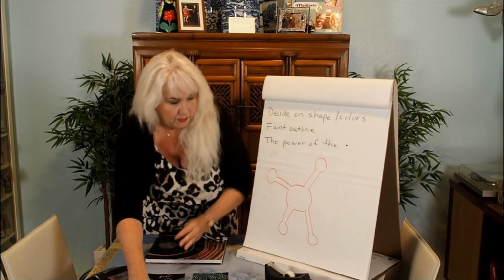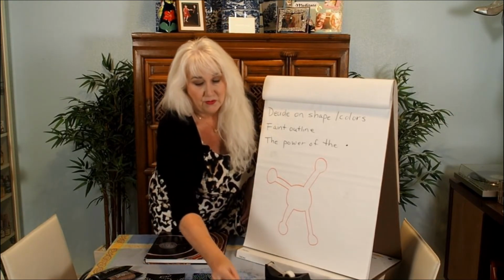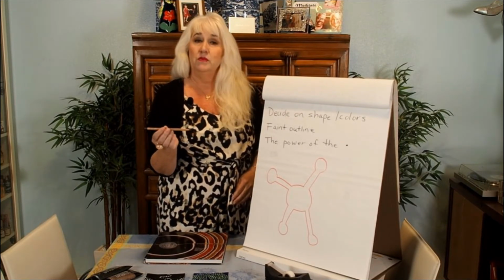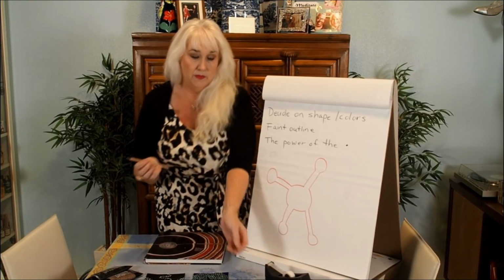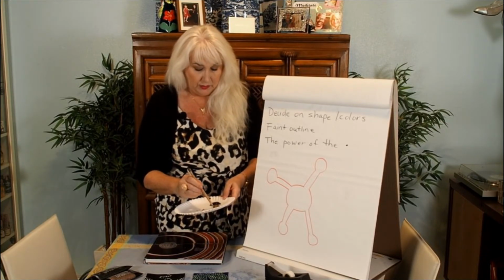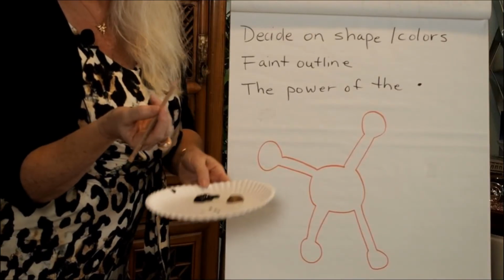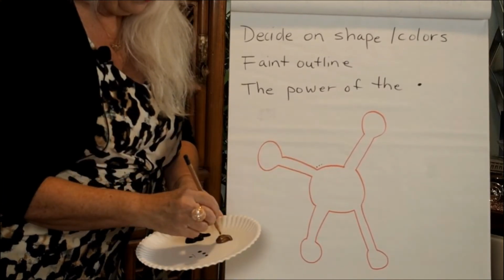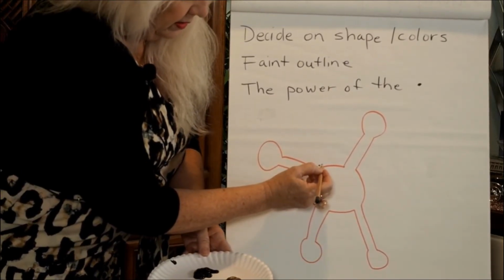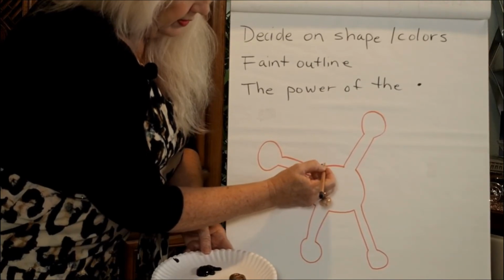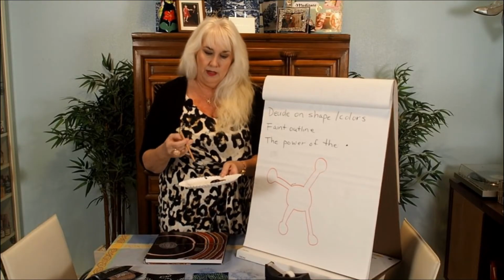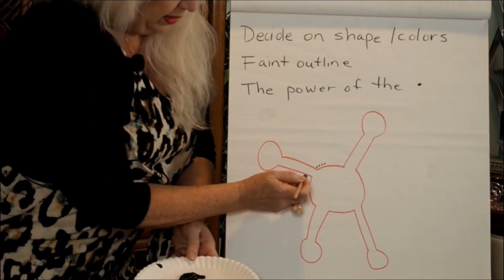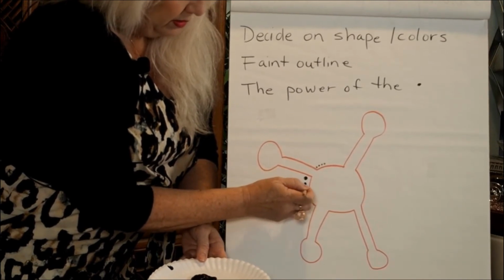So for today's demo, what I'm going to do is something I've used for years to do this type of painting, which is a pencil. And the great thing about a pencil is it has two ends, and the one end that has the fine tip makes a very small dot. So if I just dip it in paint, and this is just basic acrylic paint, and I'm following this shape that I've put on the paper, it's going to give me a small dot, like so. And then if I decide, okay, I want a bigger dot, I'm going to use the eraser end of the pencil. I dip it in, and this is going to give me bigger dots.